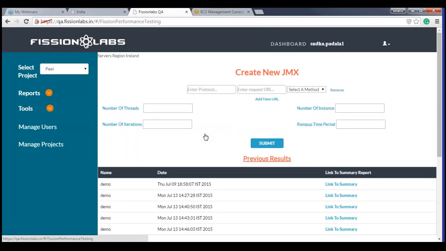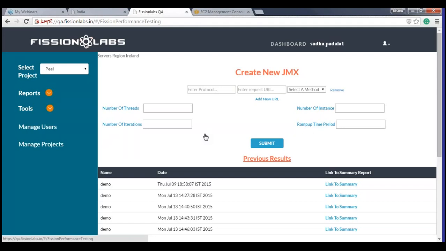Here, this is totally a configurable thing where you can just type in the URL and then select whatever method it uses, and then submit it for the execution. Whatever the below fields you're looking at, number of threads, number of instances, number of iterations, ramp up time, period, and everything, you can set it.